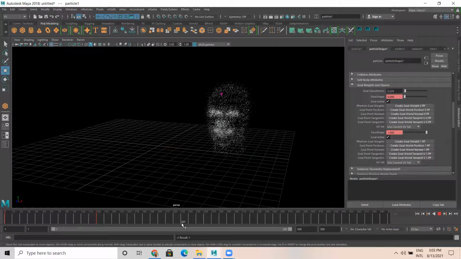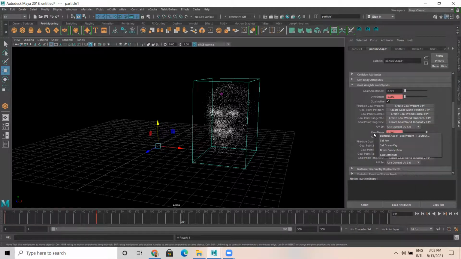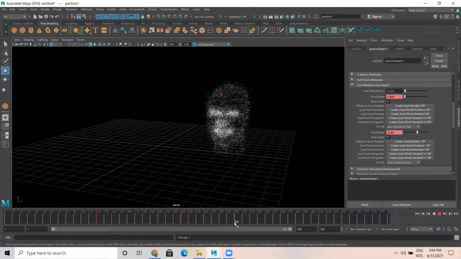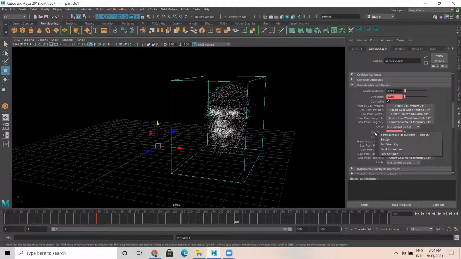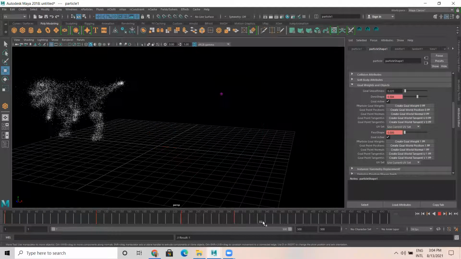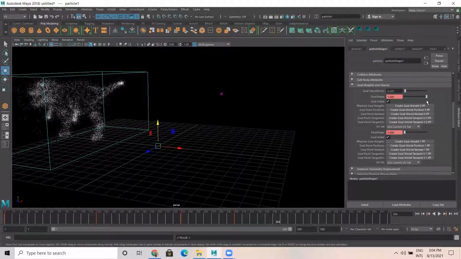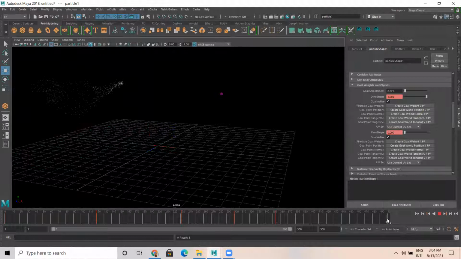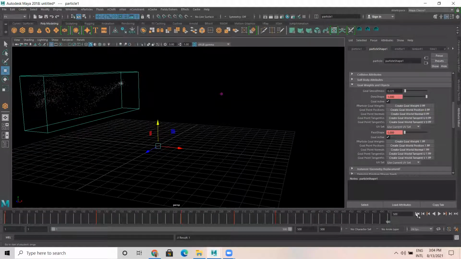Somewhere around 200 or 230, set key, reduce, and dino is still 0. From 200 to 300, phase shape almost becomes 0, set key, dino shape will come to 0.5. Then from here to 350, this comes fully 1, and phase shape is 0. That's how it goes. Now let's see.